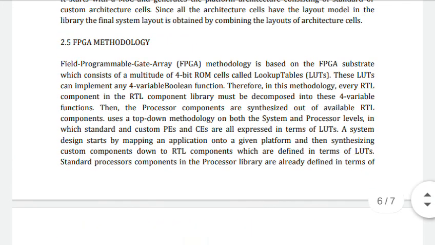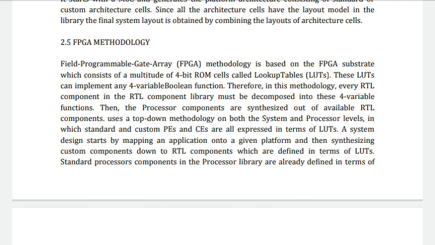Okay, this lookup table can implement any 4 variable boolean function. Therefore, in this methodology, every RTL component in the library must be decomposed into this 4 variable function.